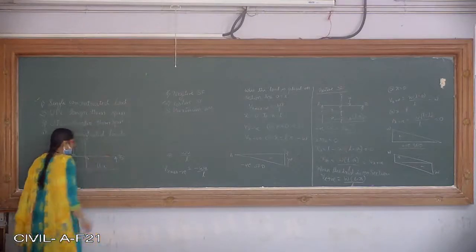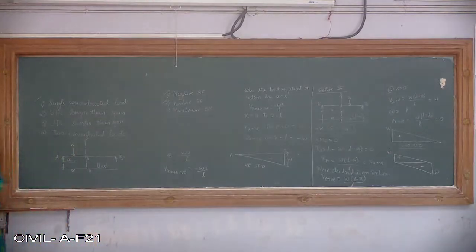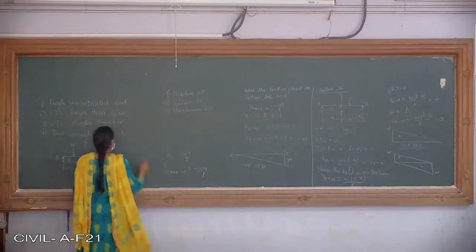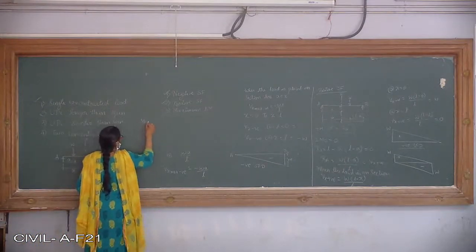I can take either of them, okay, as the expression for calculating either from Ra or from Rb. Any of the values can be obtained, okay. So let us take Rb into L minus X. So moment at X, Mxx is equal to